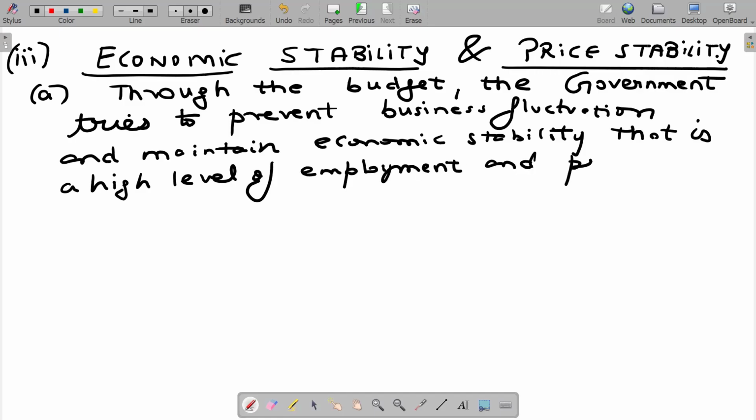The government wants to ensure that jobs are created in the economy to serve the rapidly growing